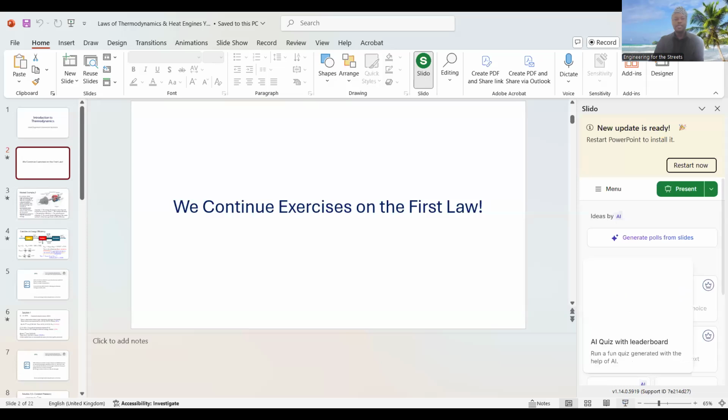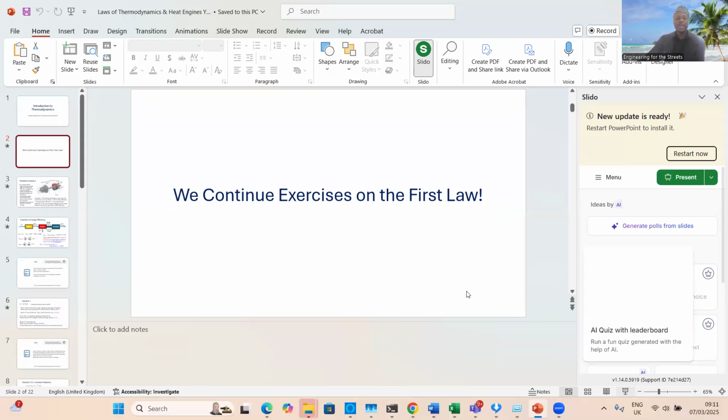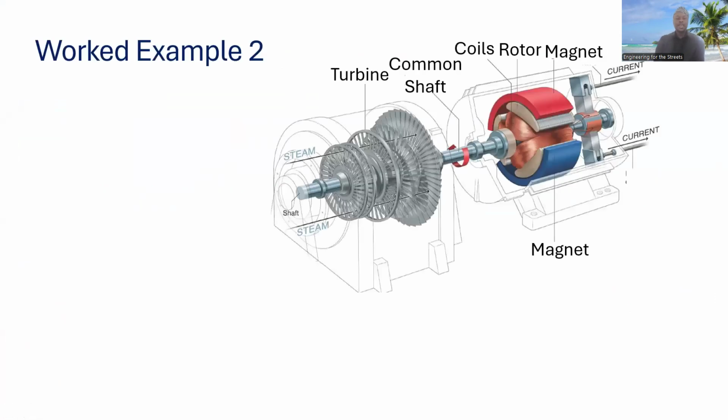And today we'll be continuing our series on engineering thermodynamics. So we'll be continuing on our exercises on the first law of thermodynamics. Last time we did our first worked example. Today we'll be continuing, and we're doing a second simple worked example that relates to electricity generation via a steam